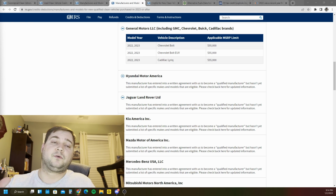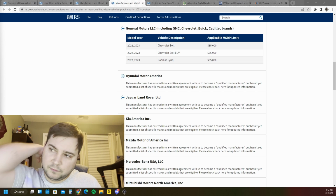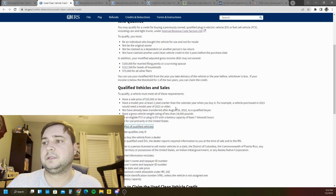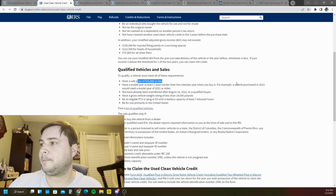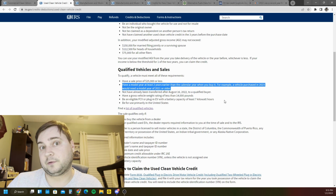The next thing with the tax credit is they're going to support used electric vehicles. The used electric vehicles also have a salary cap. It needs to be here in the US when you buy it used. It needs to have a price of less than $25,000. Good luck finding that with a good electric vehicle. It needs to be at least 2 years old. It can't be one that somebody bought and then was reselling it to you,